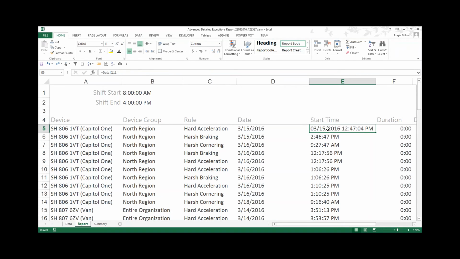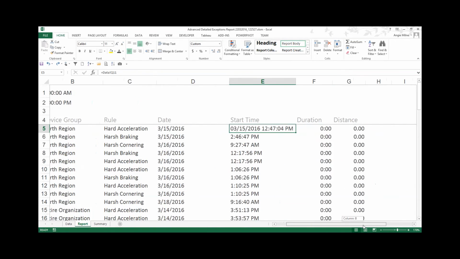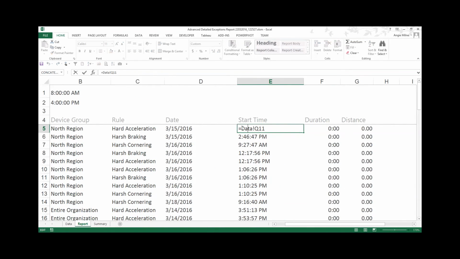All right, so because we only want to look at the time, I'm going to apply my mod formula now. So you can see I've got equals data Q11 again, so it's looking at the exact same cell that column D was looking at. Now I'm going to put in MOD, open parentheses, and you can see it's a little bit different. It's telling me that I need a divisor, so I'm just going to put a comma, put in the number 1 as my divisor, close that off, hit